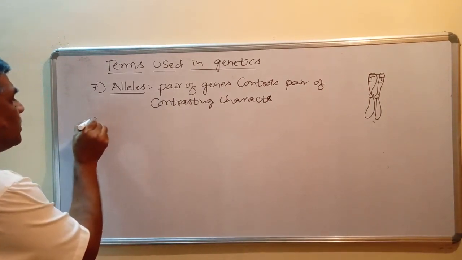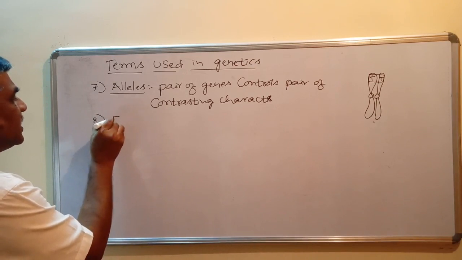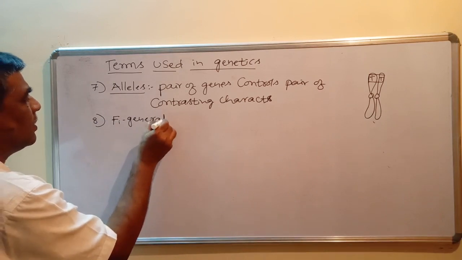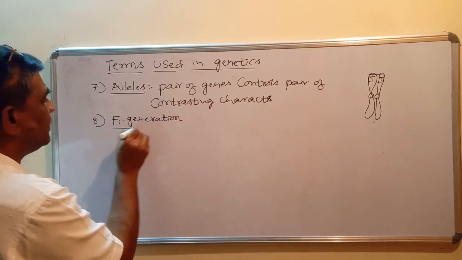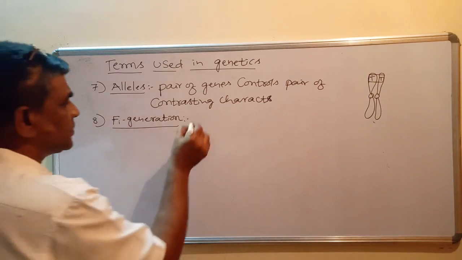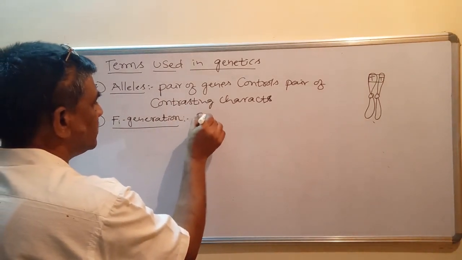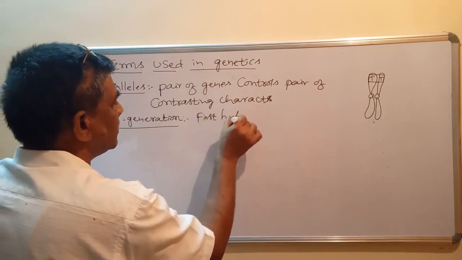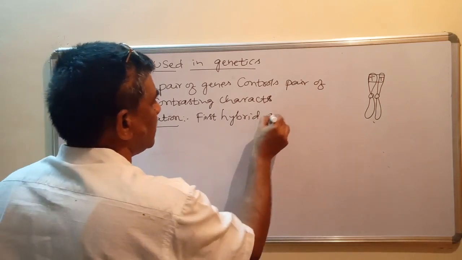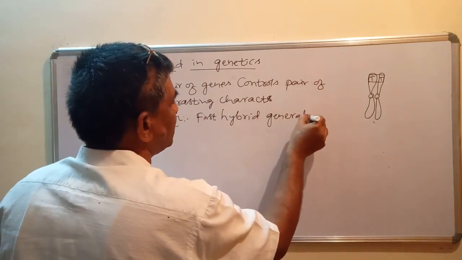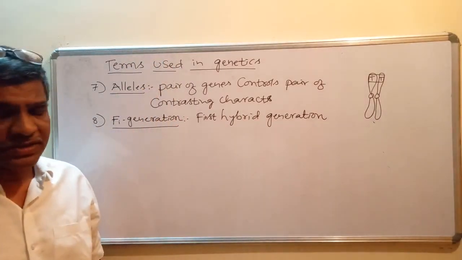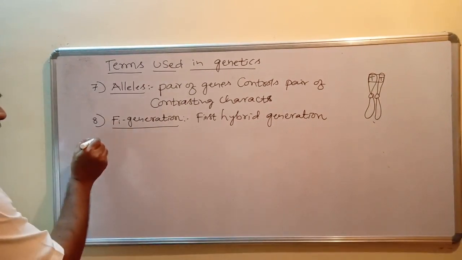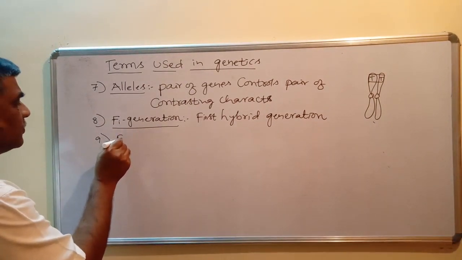Okay, and one more term is F1 generation, or filial 1 generation. So this is the first hybrid generation. The first hybrid generation developed in a cross is called F1 generation. Similarly, F2